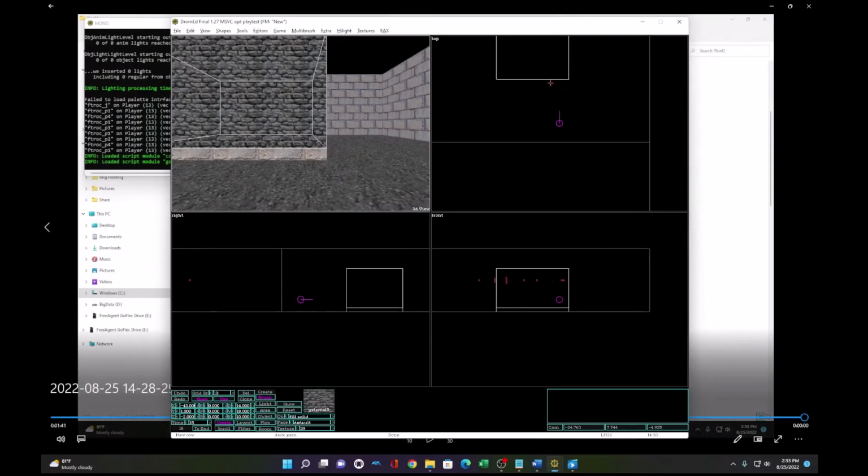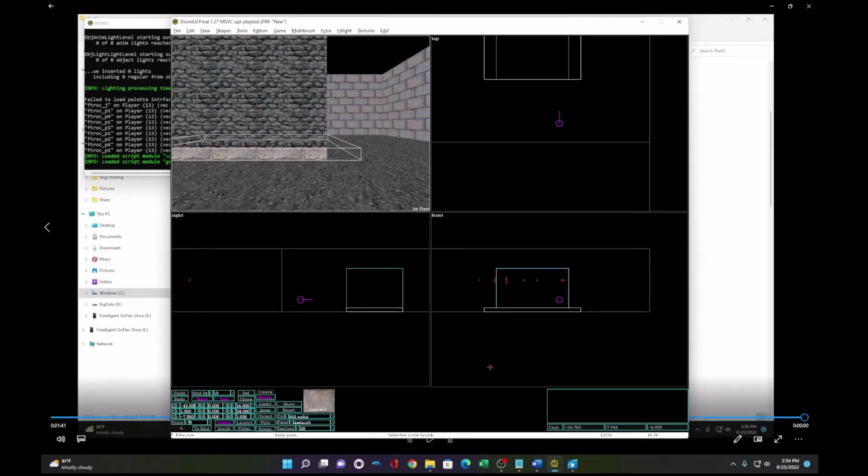You know what? Let's do this. I'm going to expand the foundation a little bit and make it better than just a square. Let's make the width maybe 24. Drag this over,